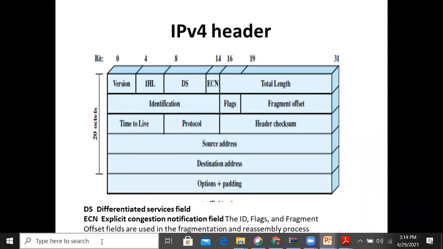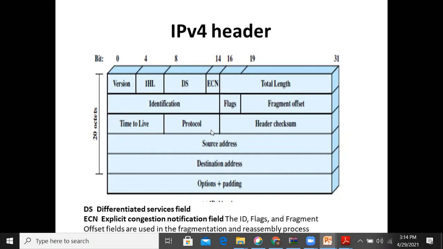That is mentioned in the time to live. Time to live means how much time we wait for packet delivery. If it is not delivered in that particular time, the packet has to be discarded and a new packet transmitted.